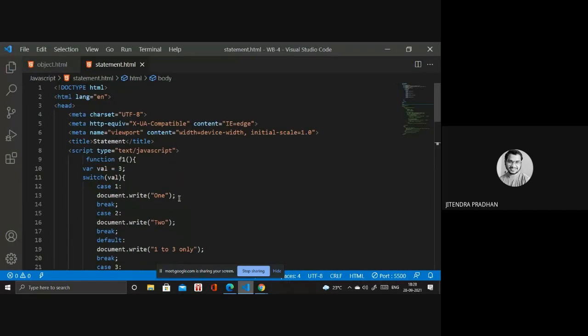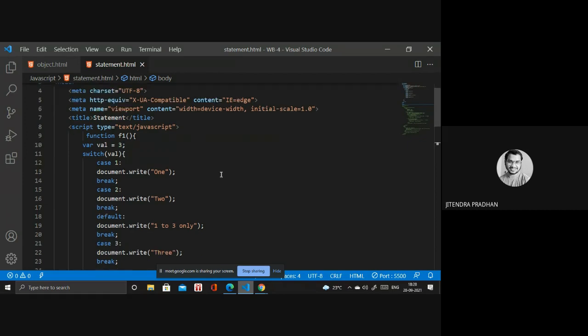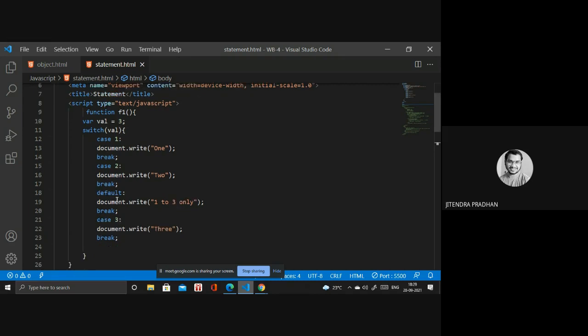Next, we have the switch statement. Before, we discussed statements like if, else, else if, and all these things. But now I will teach you how switch case works. In the switch, we have an expression. The expression is matched to the cases. If it matches, then it will print the statement. If it does not match, it goes to the second case and third case to be checked. If it does not match any of them, it will print the default one.